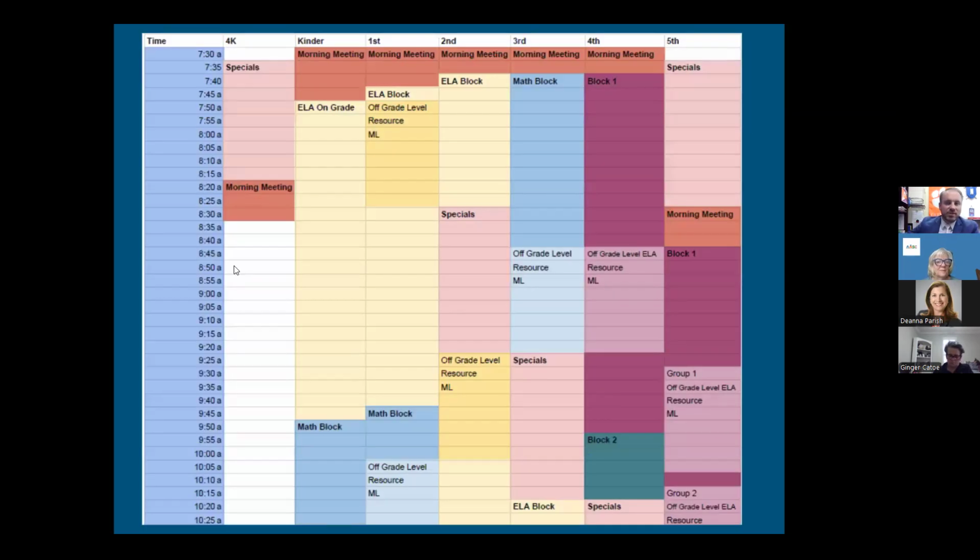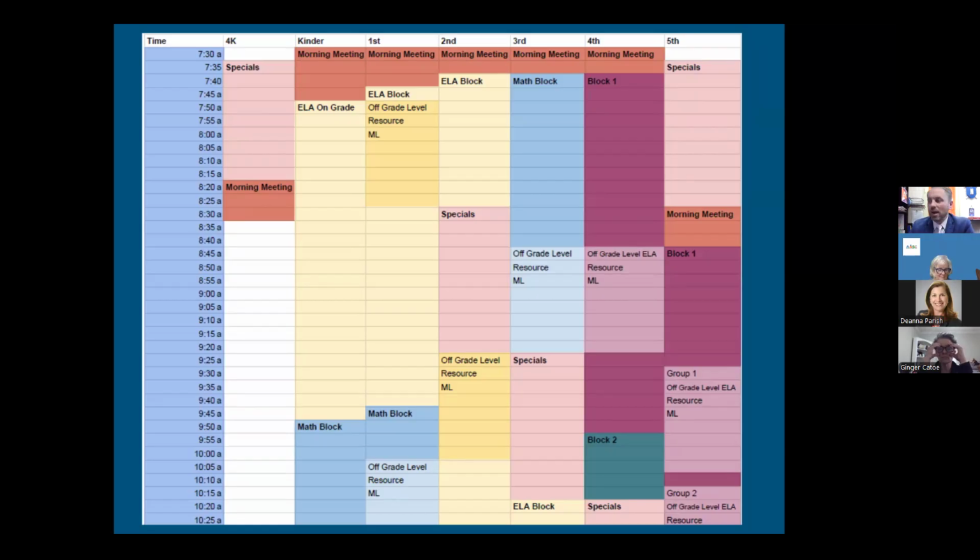I took a little snapshot of our schedule, and you can see here where they have that off grade level time, is what we call it. Now I do have on there that it says ML, and that's our multilingual learners. So the idea was at the beginning of the year that the kids would be pulled out if they needed intervention from our interventionists, if they needed multilingual, and if they were going to be resourced, then they could pull them from this block of time, right? Now, I'm splitting an ML teacher, and you know how that is. She has to make her own schedule. Speech is kind of the same way, so I wasn't able to work that out.